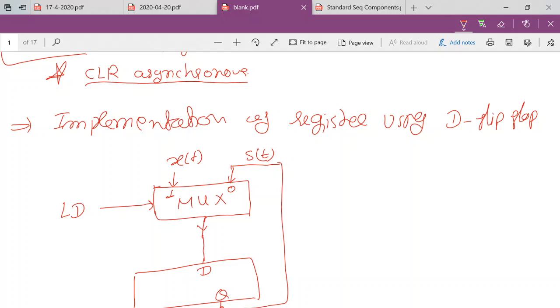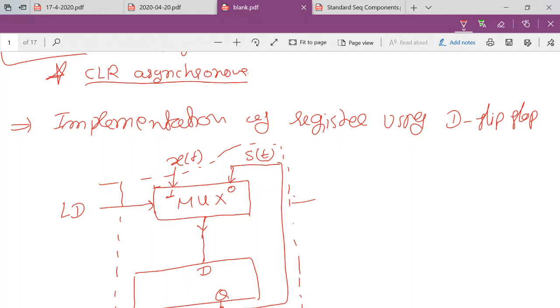Is it okay till now? What we have done is we have just implemented the functionality of the load, right? If ld is equal to 1, xt will be selected and provided to D, and you can say this is your output of the register. Now you can analyze that if you draw a boundary here, this would be a boundary. Although till now we have not implemented the clear control signal, we will see how we will implement that.